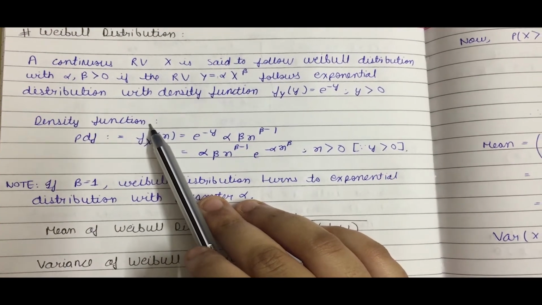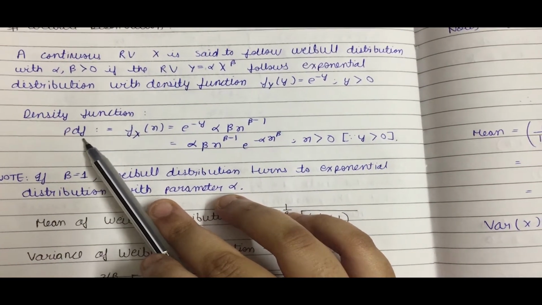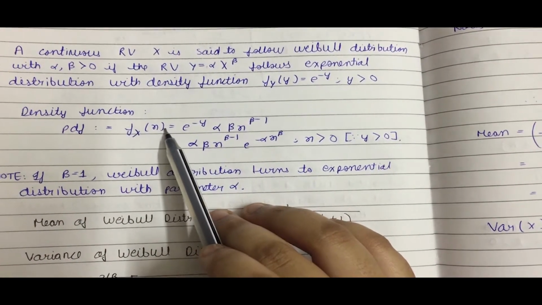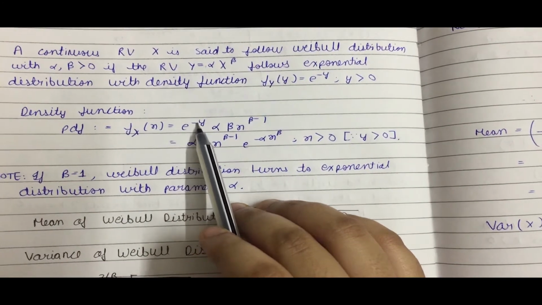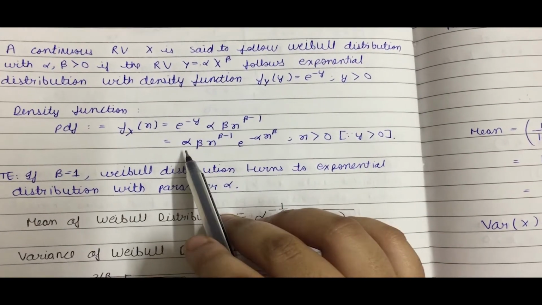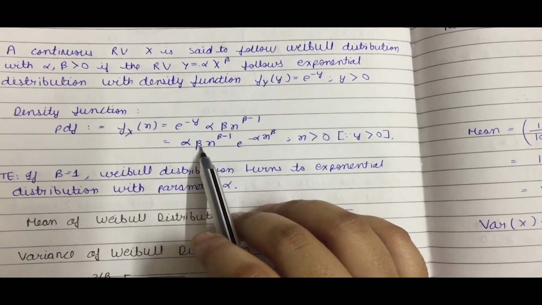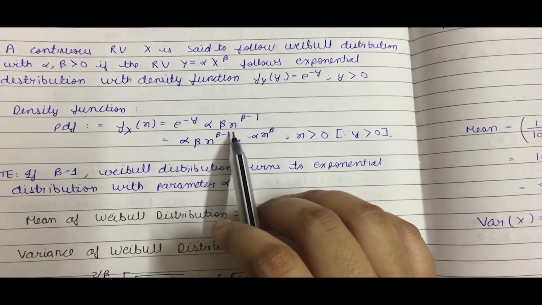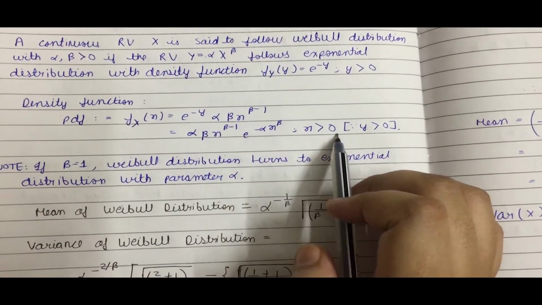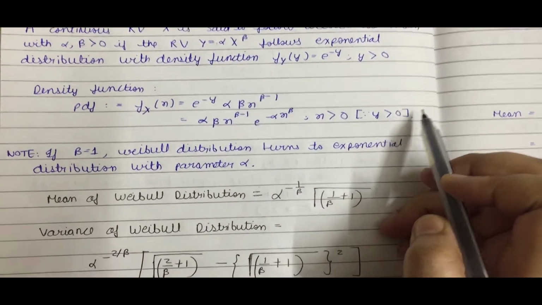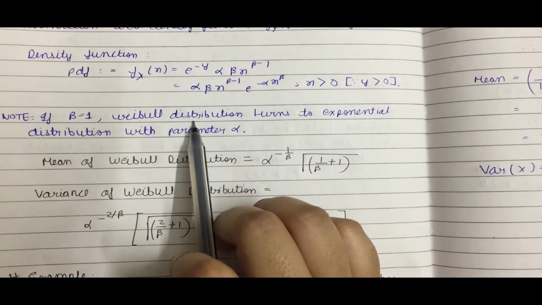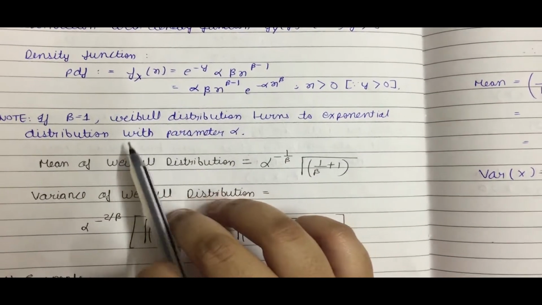The probability density function of the Weibull distribution is given as f_x(x) equal to e to the power minus y times alpha beta x to the power beta minus 1, which becomes equal to alpha into beta into x to the power beta minus 1 into e to the power minus alpha x to the power beta, where x is greater than 0, since y was greater than 0. There's a thing to note that if beta is equal to 1, then Weibull distribution would turn into exponential distribution